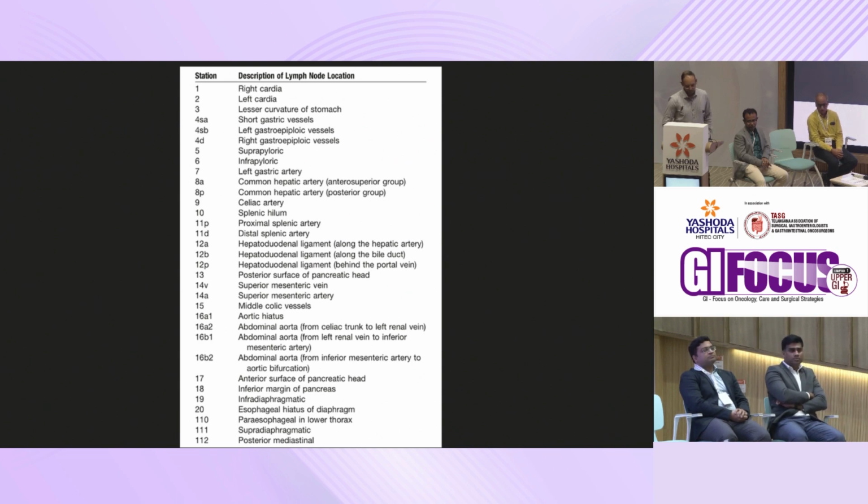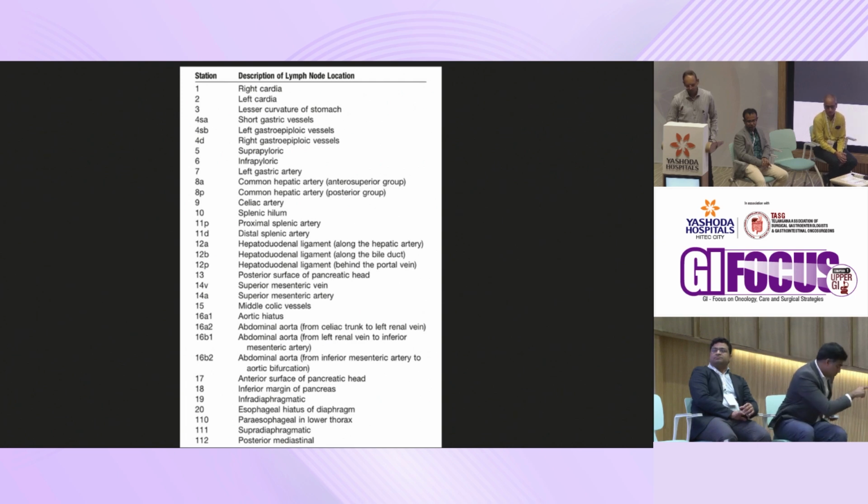Station 1 is the right cardiac, station 2 is the left cardiac, and station 3 is along the lesser curve, station 4 is along the greater curve, station 5 suprapyloric, station 6 infrapyloric, 7 are the left gastrics, followed by the common hepatic artery, station 9 celiac trunk, station 10 is along the splenic hilum, 11 will be the proximal splenic artery, 12 will be along the hepatoduodenal ligament along the hepatic arteries as well as portal vein and around the bile duct,